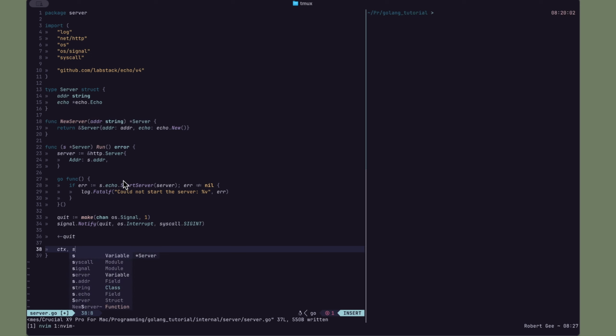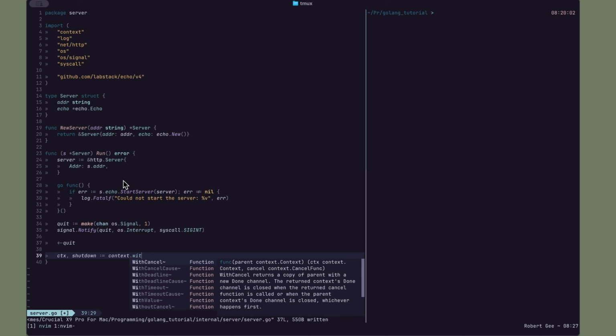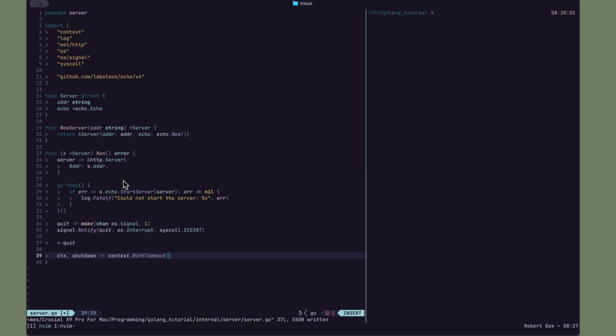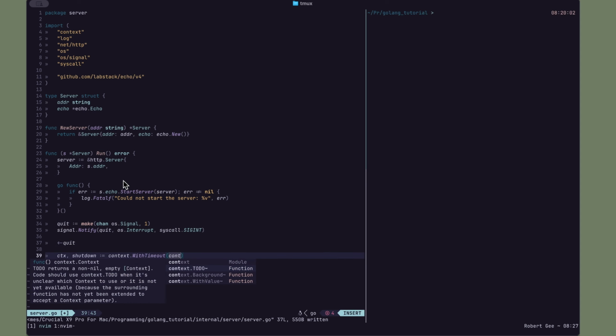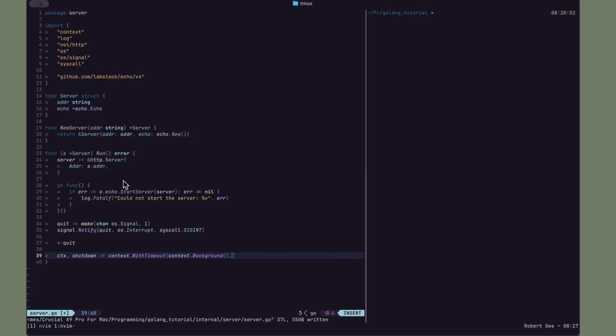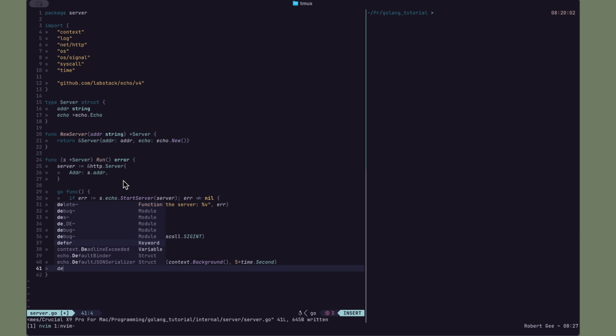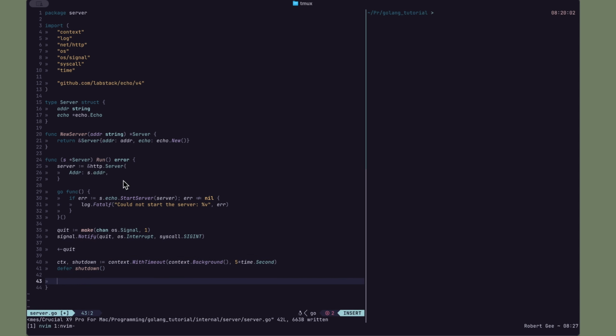So we're also going to do a shutdown here. We're going to make a context with timeout. This allows a grace period, so not as soon as this gets called, because if we cancel, we might have ongoing tasks. So here I'm going to do a context background, which is just a default, plain context, and we're going to give the server 5 seconds to do what it needs to do. And then of course when the 5 seconds is up, shutdown's going to call,